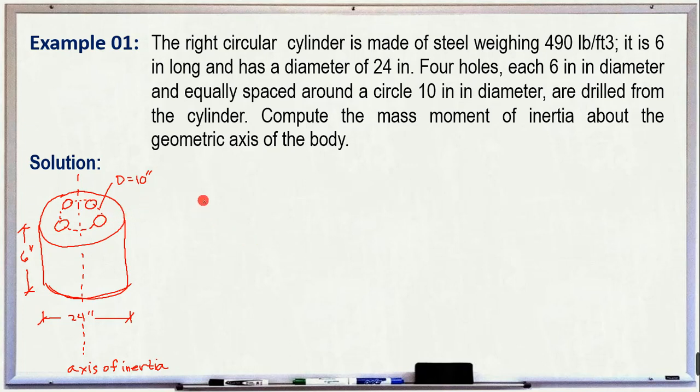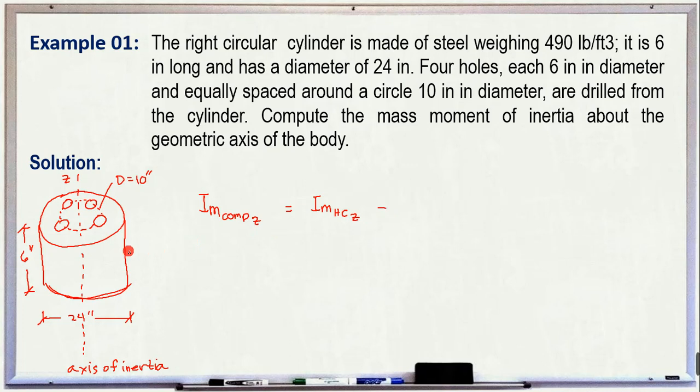So we have the mass moment of inertia of this composite body along, let's say, the z-axis. Again, this is equal to the mass moment of inertia of the huge cylinder, HC, along the z-axis minus,